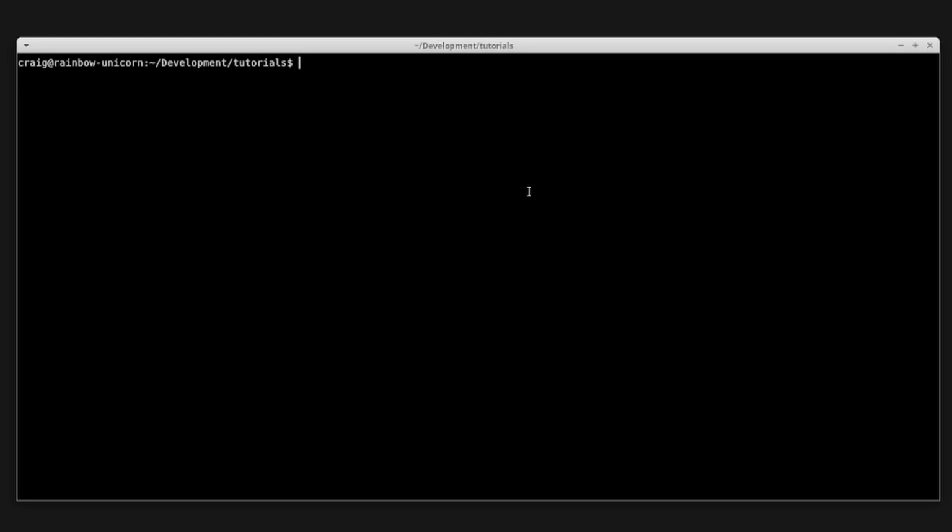Okay, we're going to start our FastAPI Flet application. I'm going to create a new project with Python 3.13. I'm using UV. I'm going to call the project